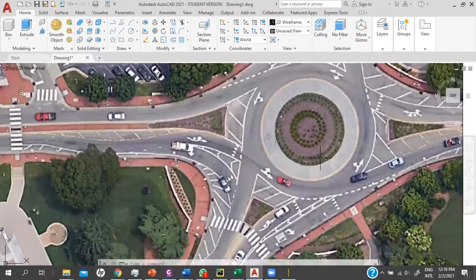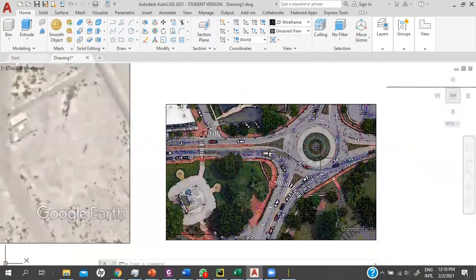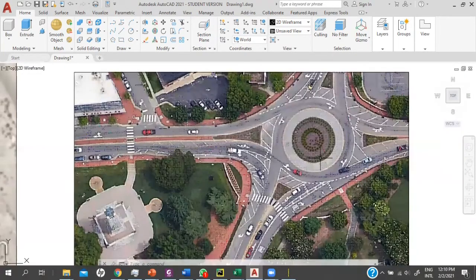Just to give you a background about this roundabout, it is next to North Carolina State University, in the city. It's not in a commercial area. It's almost in a downtown. So you are not expecting to have heavy vehicles, like 18-wheelers and stuff like that. However, buses are very common in this area because they use the transit bus for students